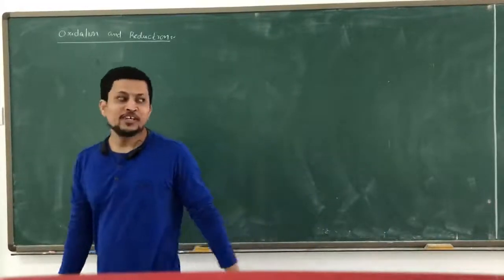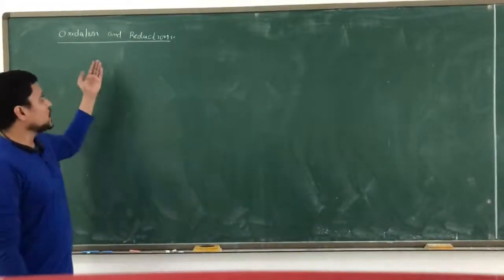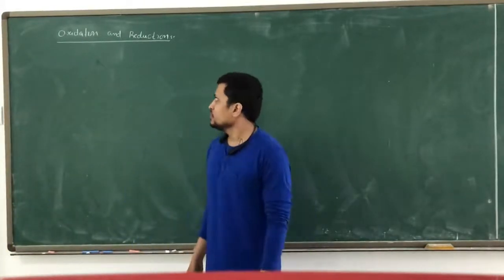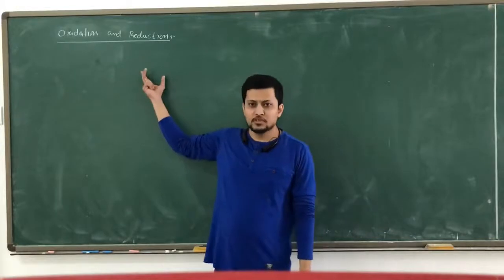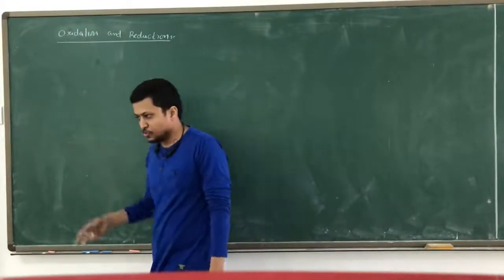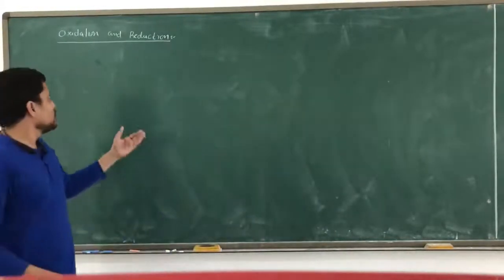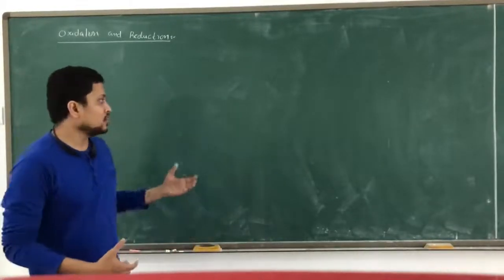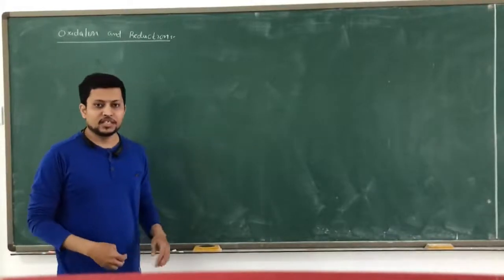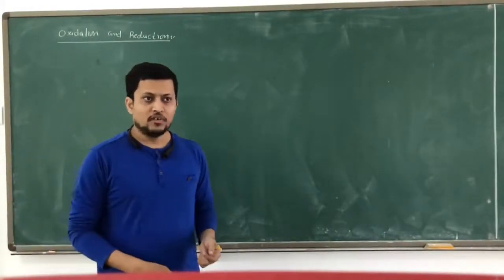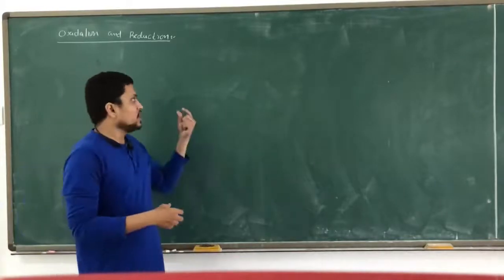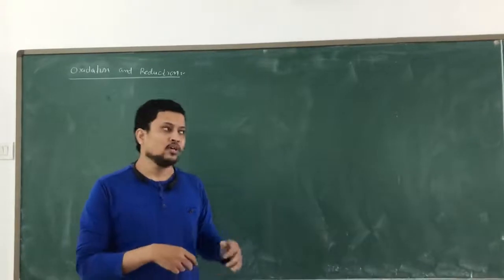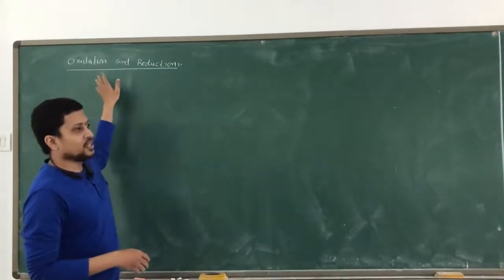Good afternoon, students. Today our topic is oxidation reduction. It is a general topic, a basic concept in chemistry that you are going to encounter normally. We are going to understand what oxidation and reduction are, and learn how to calculate the oxidation state, or oxidation number, of a given atom in a compound, the given central atom in the compound. We will understand oxidation number as well after this.